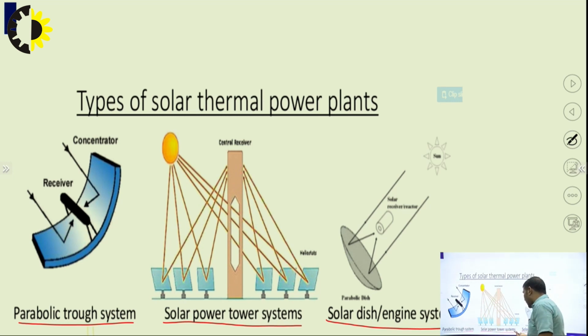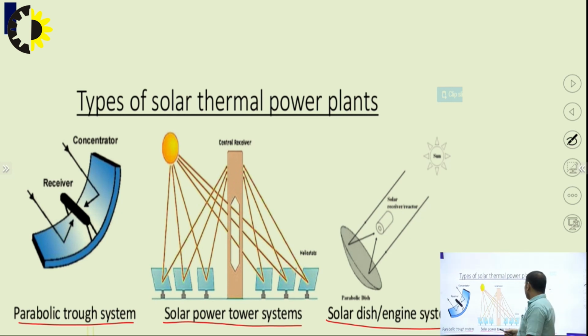In the case of the solar power tower system, as the name suggests, we have a central receiver which looks like a tower, and we have several mirrors installed at the base of the tower, surrounding the tower, you can say. And when the sunlight comes directly onto these mirrors, they concentrate their reflected beams at a particular point of this central receiver which looks like a tower. So this is not a communication tower or mobile tower. This is basically a solar power tower, which is used to gather the solar power and then convert it into